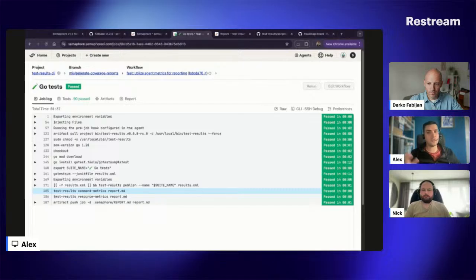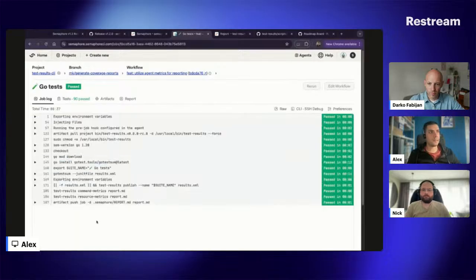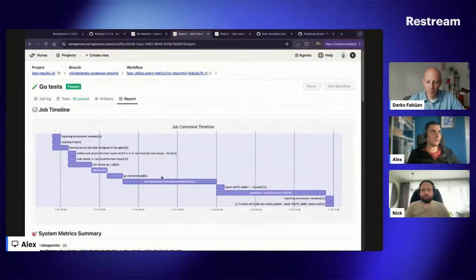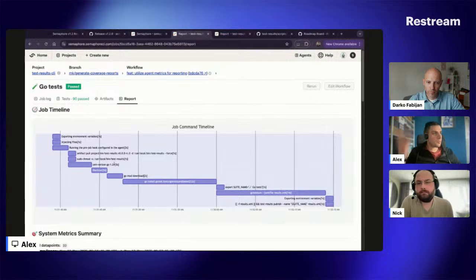If you are using our test reports like these in Semaphore, you're already familiar with test results CLI. So we're extending it a bit so that creating these particular metrics and reports on job level is very, very easy. You just call the test results command metrics report MD, and that will create a report MD